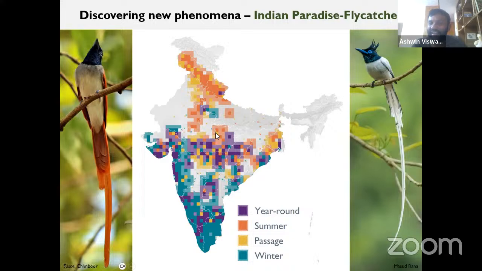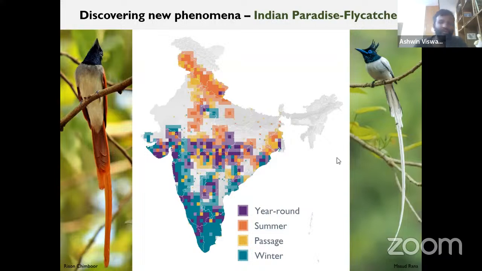So paradise flycatchers are not an uncommon bird, but you often don't see them looking so nice. There are two morphs that the males have. There is a rufous morph and a white morph. Rufous morph is rufous colored, white morph is white colored. In both cases, they have black heads, but both of them are the same species, at least as far as we know now.